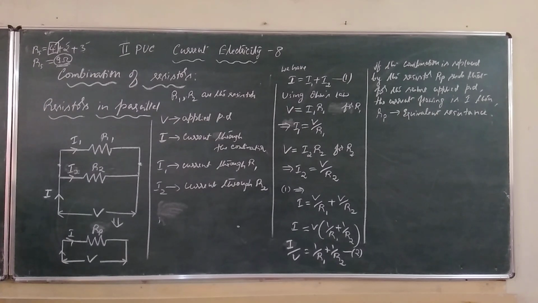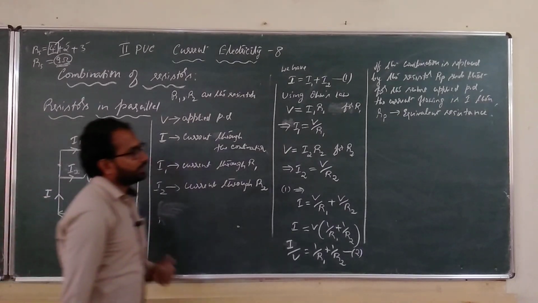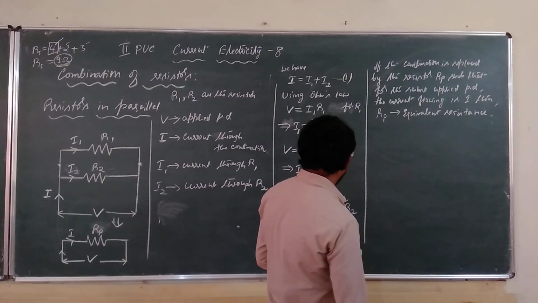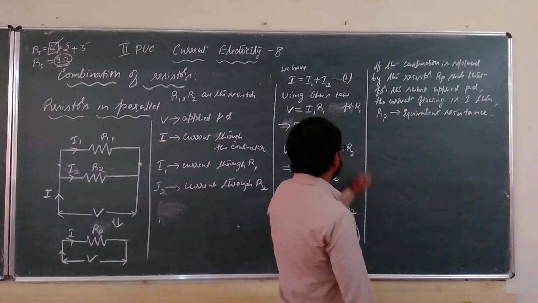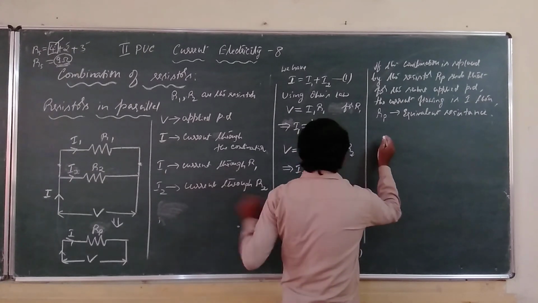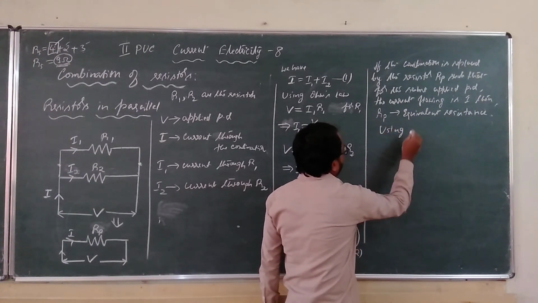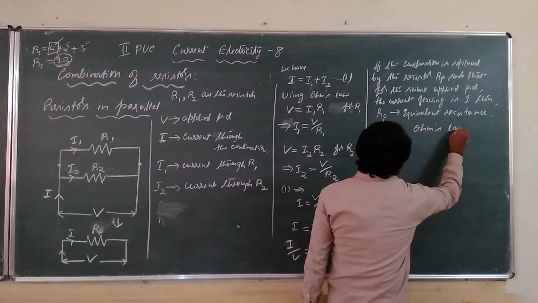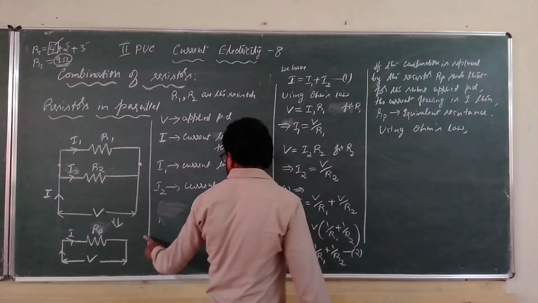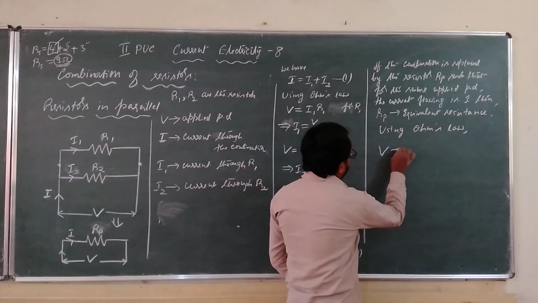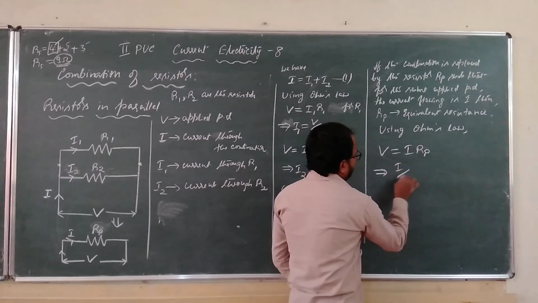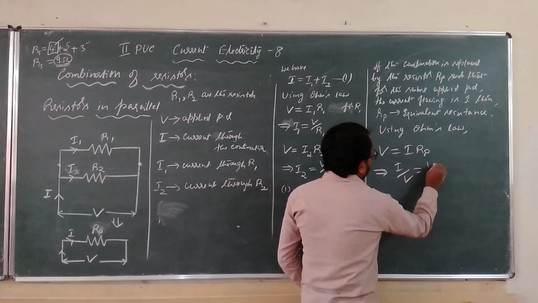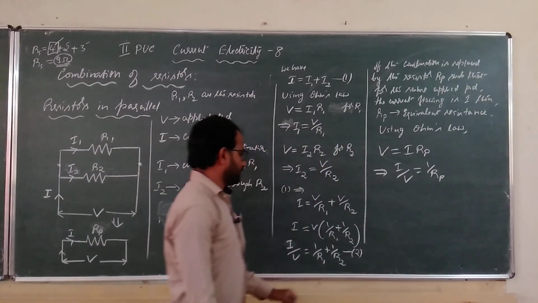Okay, right. Because it also draws the same amount of current as the combination does for the given value of applied potential difference. So equivalent resistance is Rp. Now using Ohm's law for that circuit, V is equal to I into Rp. So I by V is equal to 1 by Rp. See, this is equation 3.